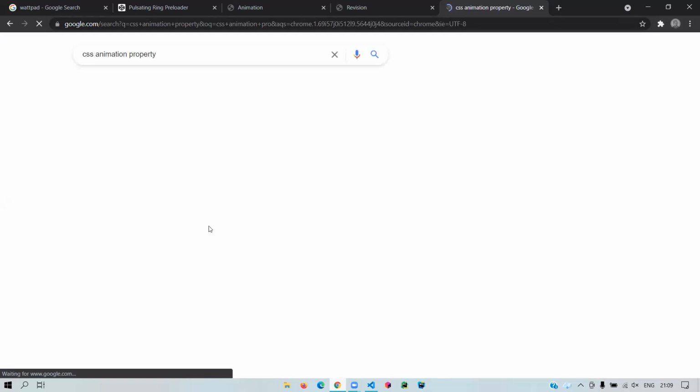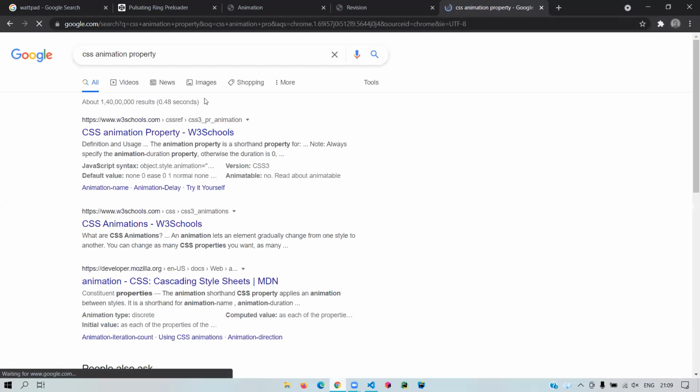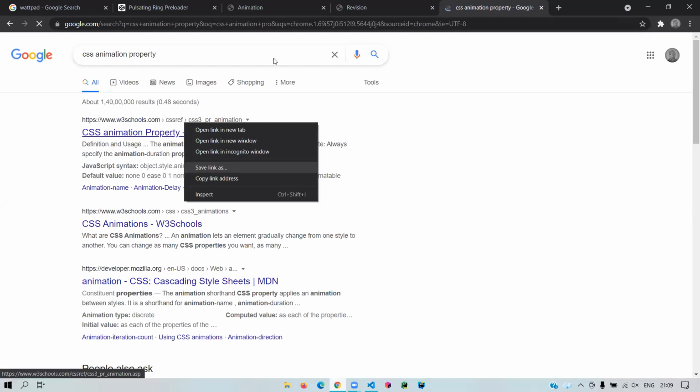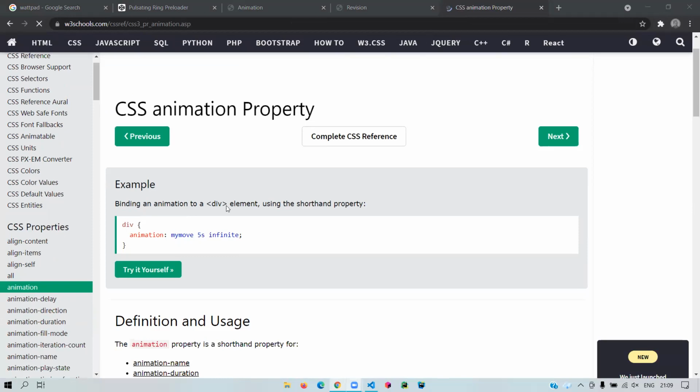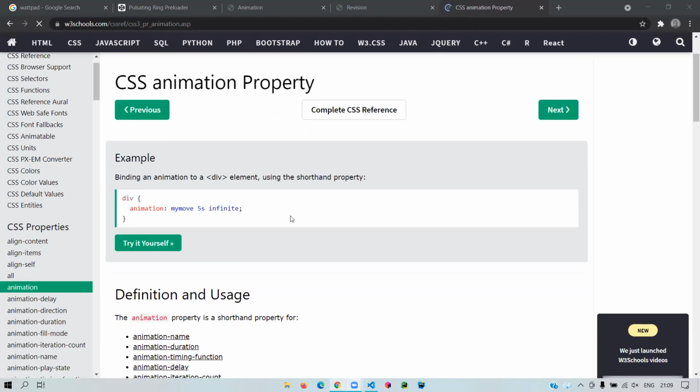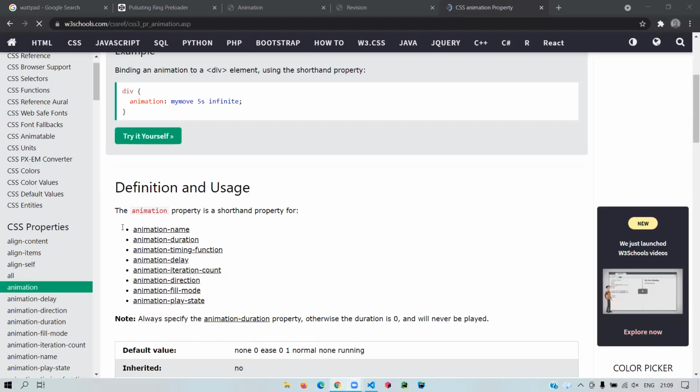Now, W3Schools, as we had discussed earlier, is a very good resource for practicing web development or any other form of development. You can also learn other languages like Python. So you can see certain properties listed out over here, and they have explained everything in detail. In case you are still a little unclear about what we discussed today, you can go to this website and check out their examples. It's a very good resource.